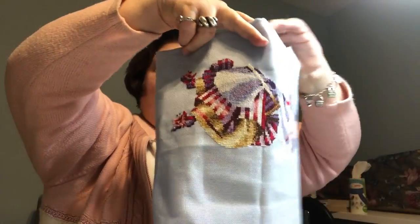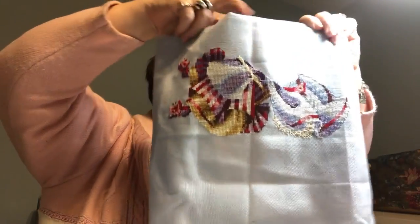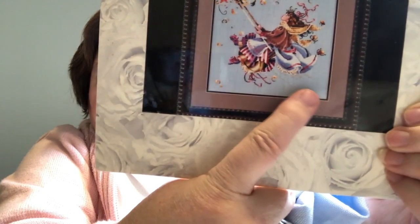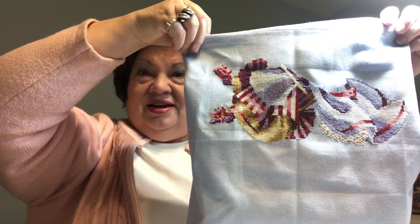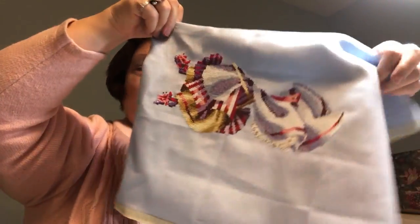I'm planning on waiting, as I said, I think in a previous video, to do all the little wisps and things at the bottom, the little leaves and the ribbon and stuff. A lot of that is beaded as well as stitched, so I'm going to wait until I'm through stitching and do that last. So I'm really pleased with this rotation because that finishes up the bottom except for one little thing,